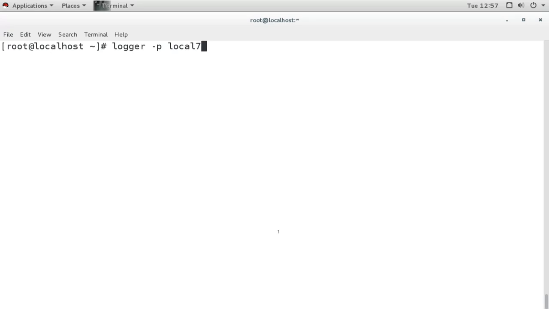Facility is local7, and if I don't mention the priority, it will send the message for warning. So I am giving -p and mentioning the priority notice, because I want to send the message to this facility with this priority. Now we want to type the message that we want to send.